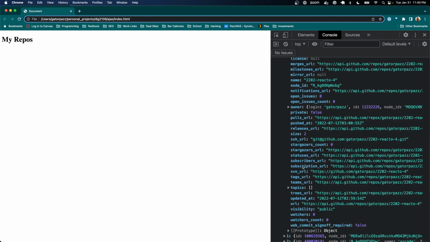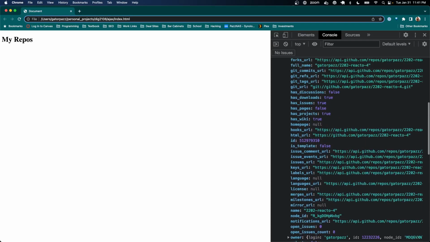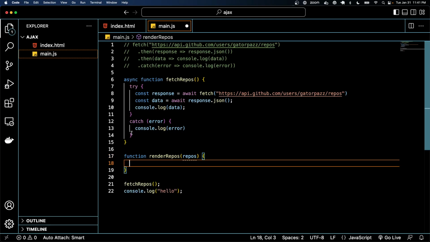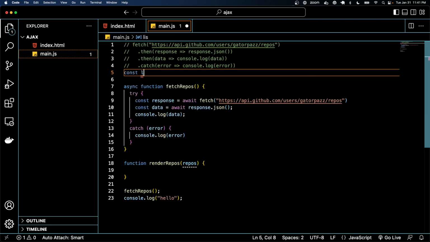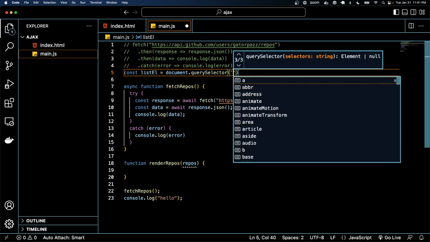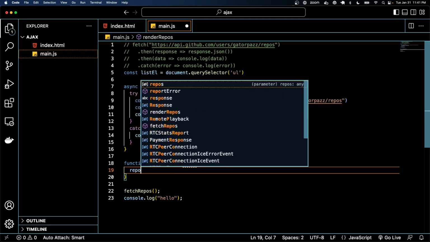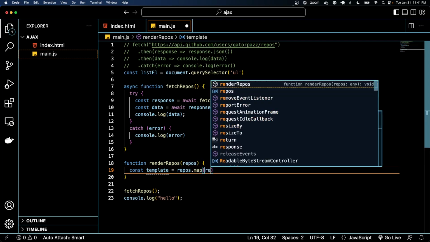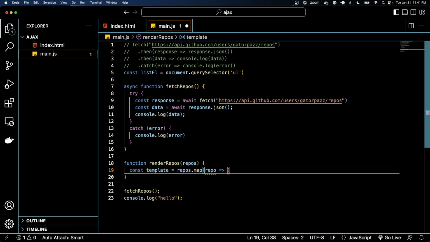So if we were to do that here, all we would need to do is our rendering stuff. So if we make a function renderRepos, it's going to take an array of repos, and we're also going to, we'll say listElement equals document.querySelector ul, and we will map over that list of repos that we get, and for each repo